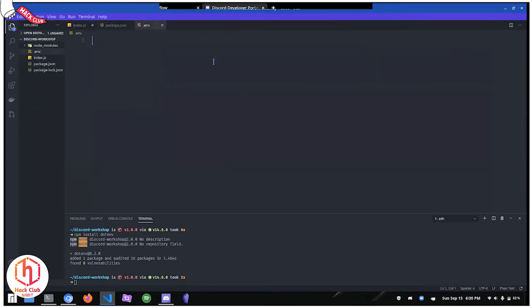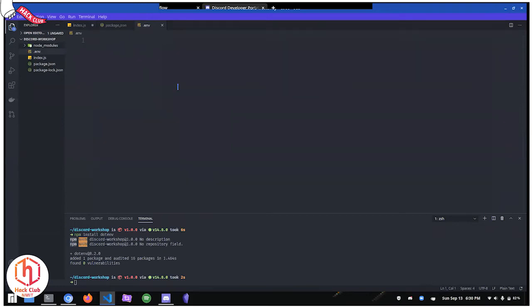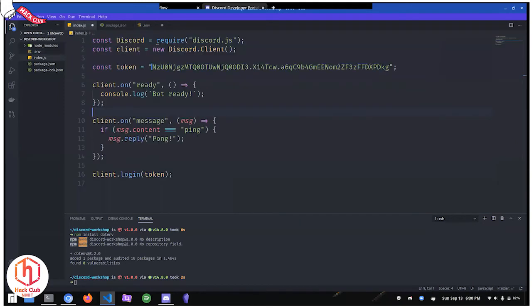All right. So in this file, what you're going to do is add key value pairs. Key value pairs are basically a name, equal to, and some value for it. So our token name is, in all caps, DISCORD_TOKEN equal to, and then I'll equate it to this string whatever we have over here.